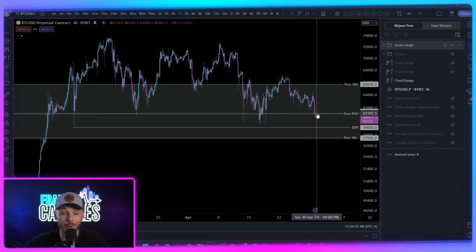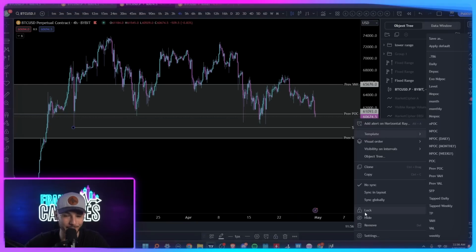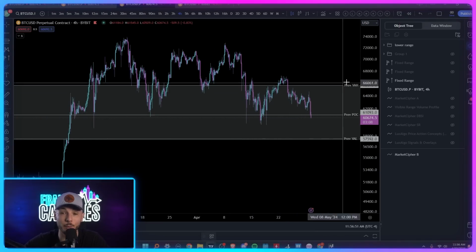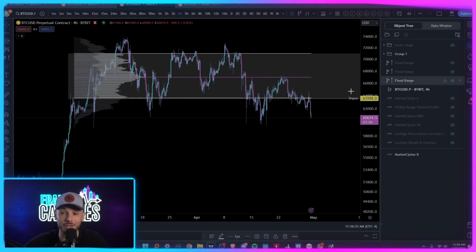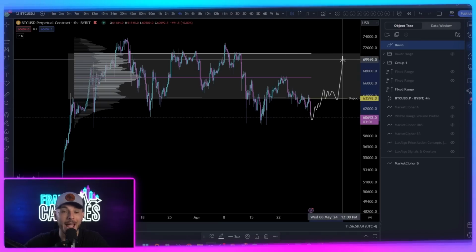And we are now toying with the POC of that range. And you guys will see this little extra level here. I'll get to that in a minute. But this is basically what I'm using as context, guys. If we're unable to get back above that larger range low right here, if we're unable to get back above this, flip it to support and get a move to the upside,